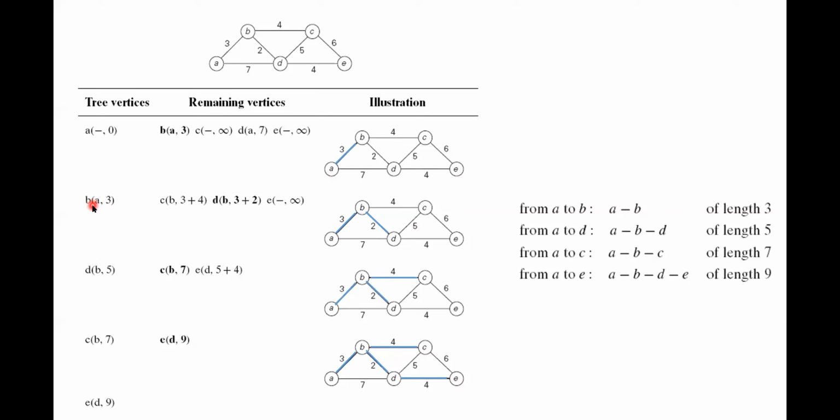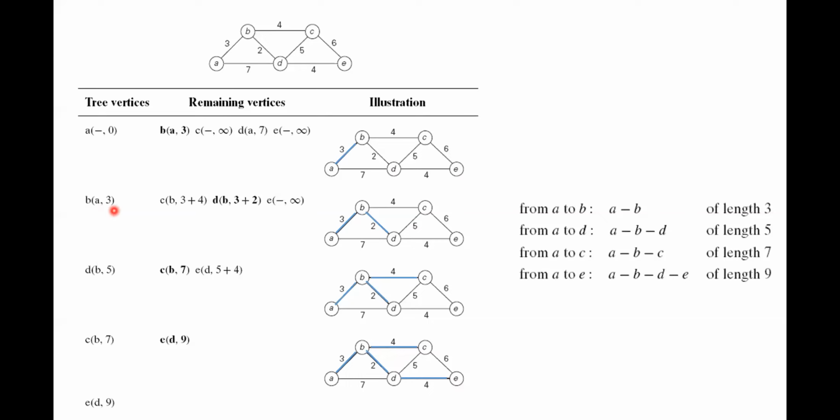So with B, what is indicated here? From A I can reach B with a cost of 3. I repeat, to understand this, the node is B. How to reach the node B? I must reach B from A. This represents the previous node or previous vertex. This must be read like this: from A, I can reach B with cost 3.